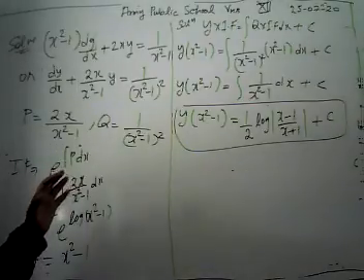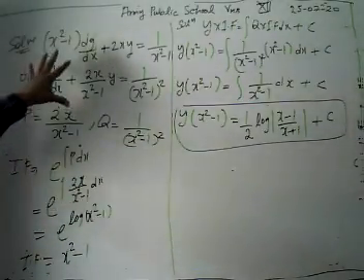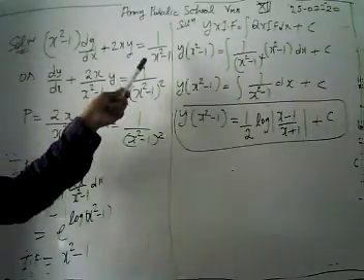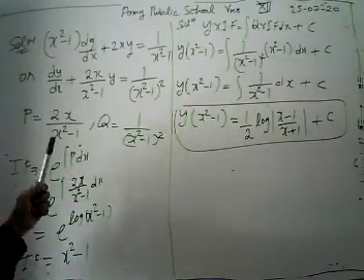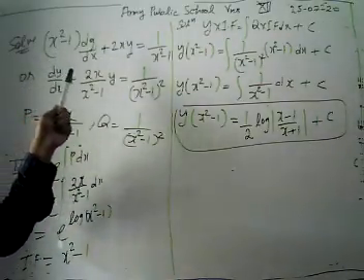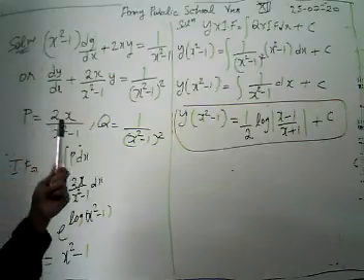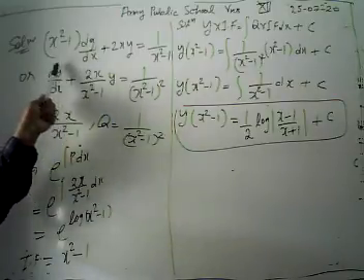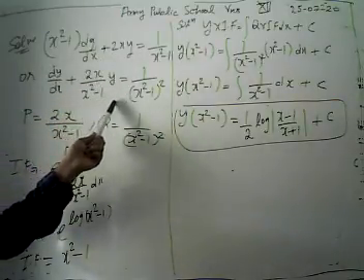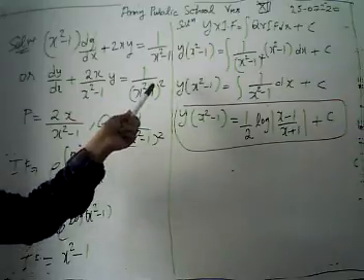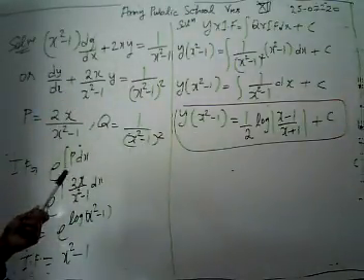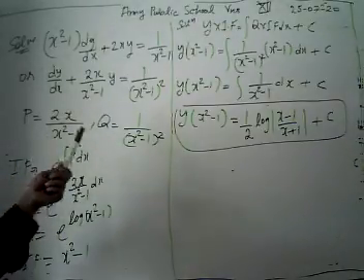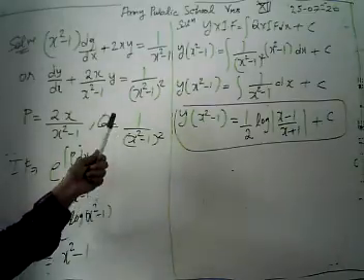Again, I am just going to revise. We have the problem x square minus 1 dy/dx plus 2xy equals 1 upon x square minus 1. First of all, we convert it to our standard form. Since the coefficient of dy/dx is x square minus 1, we divide each term by x square minus 1. Then we have dy/dx plus 2x upon x square minus 1 times y equals 1 upon (x square minus 1) whole square. Comparing with the standard form dy/dx plus py equals q, we get p as 2x upon x square minus 1 and q as 1 upon (x square minus 1) whole square.